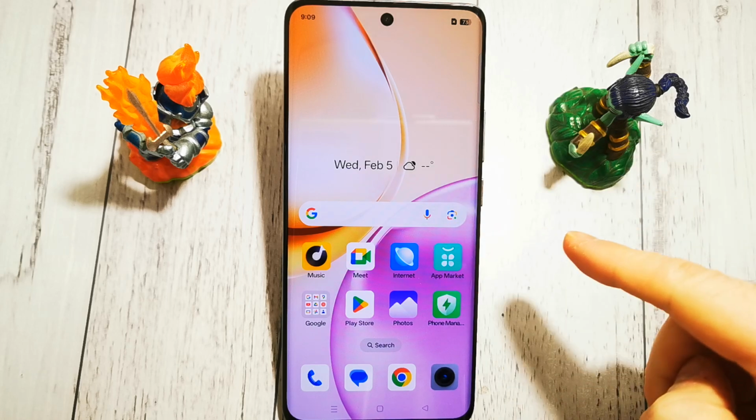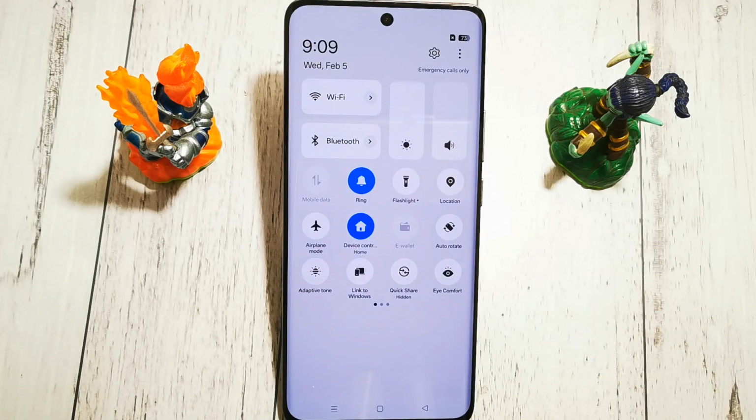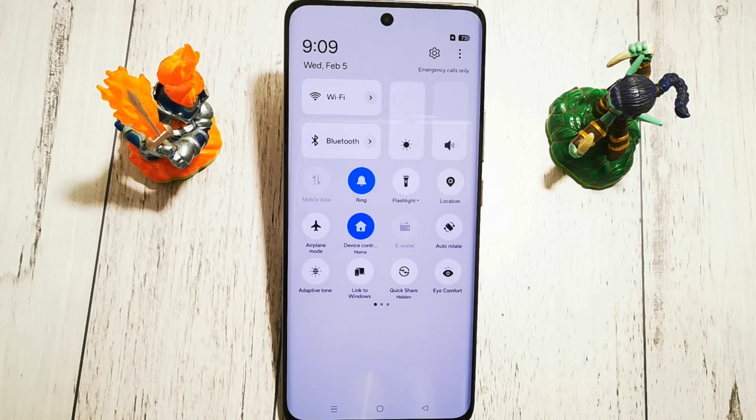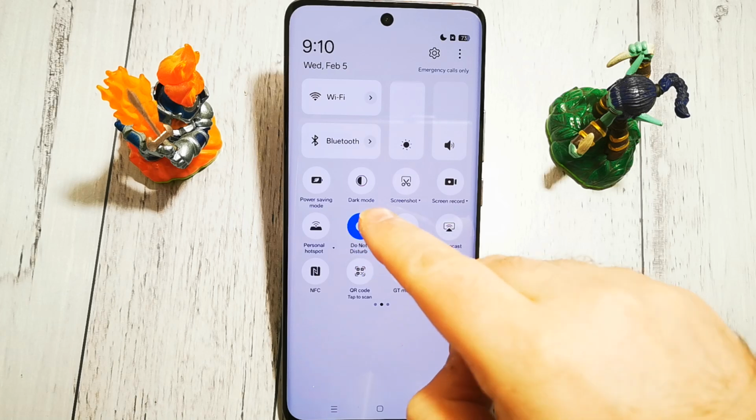On the main screen we need to swipe from the top edge down again, and here we have our quick settings shortcuts. So we are looking for Do Not Disturb mode. Here it is. We can tap it once. Now DND is on. We have this half moon symbol on the top, and we can turn it off by